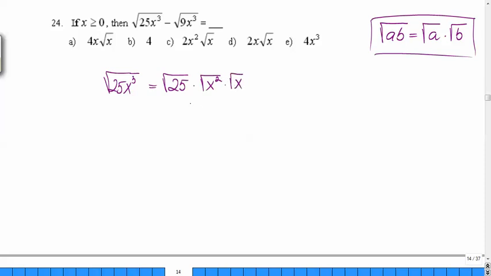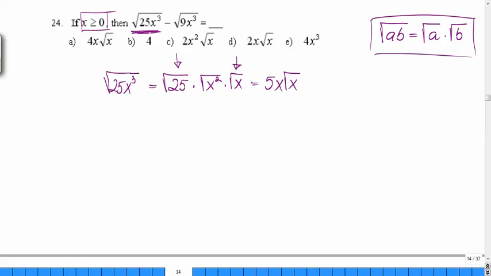And as you can see, I divided my 25x cubed into products of square roots of perfect squares, because I know now that I can simplify this one. I can get rid of my radical, right? Because the square root of 25, you guys should know that's 5. The square root of x squared, in this case, because x is positive, will be just x. And all you're left with, under the radical, will be just x. And that's my first